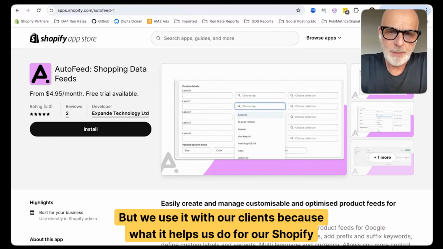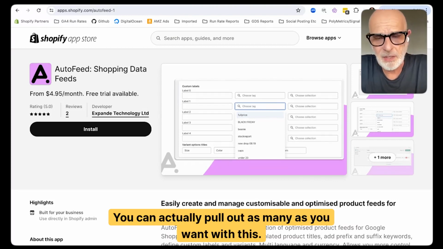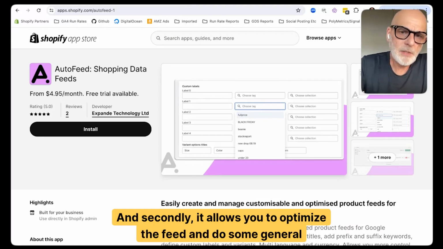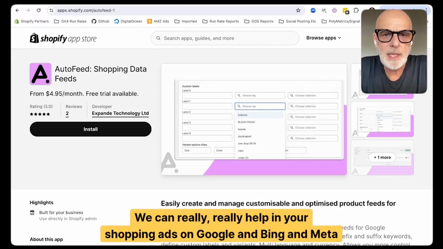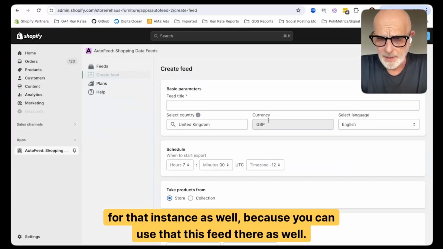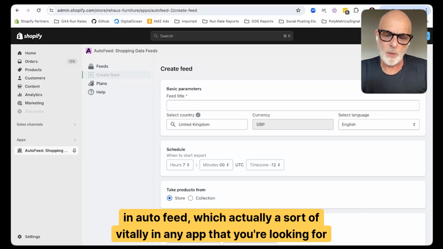But we use it with our clients because what it helps us do for our Shopify clients is, one, solve that problem of 250 products. You can actually pull out as many as you want with this. And secondly, it allows you to optimize the feed and do some general optimizations which can really, really help in your shopping ads on Google and Bing and Meta, because you can use this feed there as well. So we'll just go here and we'll just talk about 3 options in AutoFeed, which actually are